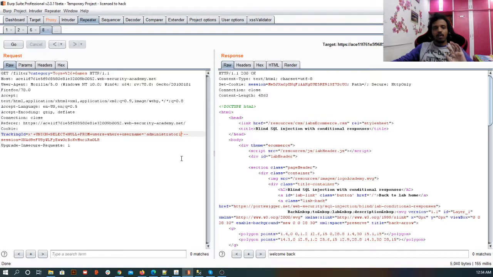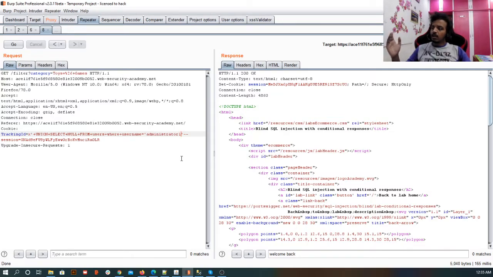Now we are going to fetch the password in two steps. First, we are going to see the length of that password, and then we are going to use brute force to find the character at each place. Suppose it is five characters, we'll use brute force to find the value at the first place, the value at the second place, and so on. That's how we are going to find the values at all five places, and that's how we are going to do the login.